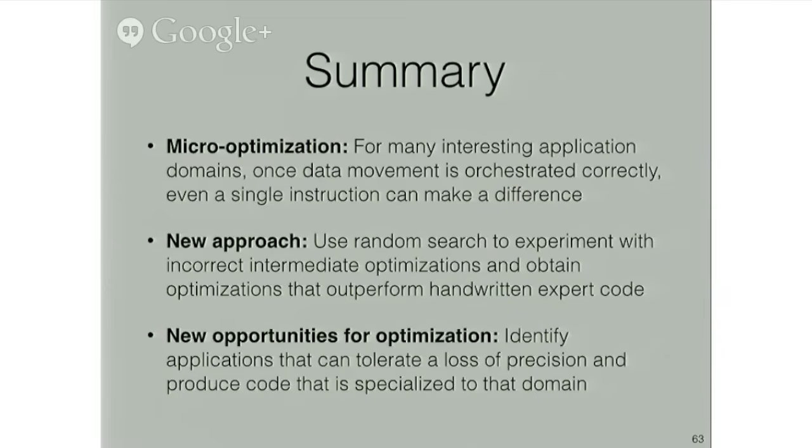So let me make sure I understand that. Let me try to rephrase the question in my own words. I showed you a set of transformations for exploring the space of programs. And I made no claim to you that these are the best possible transformations or the only transformations, nor did I make a claim that they were minimal because, as I said, they were redundant. So the question is whether some sort of crossover transformation might be useful as well.